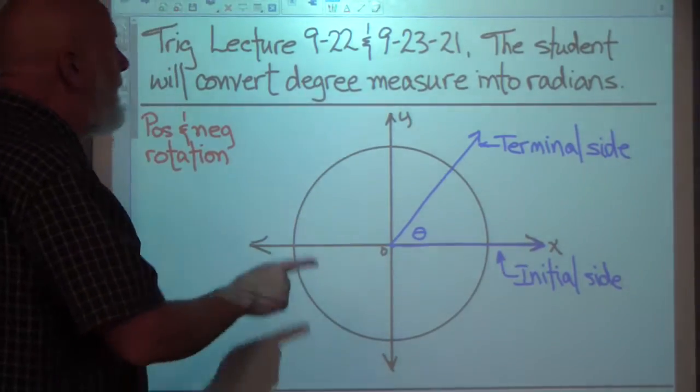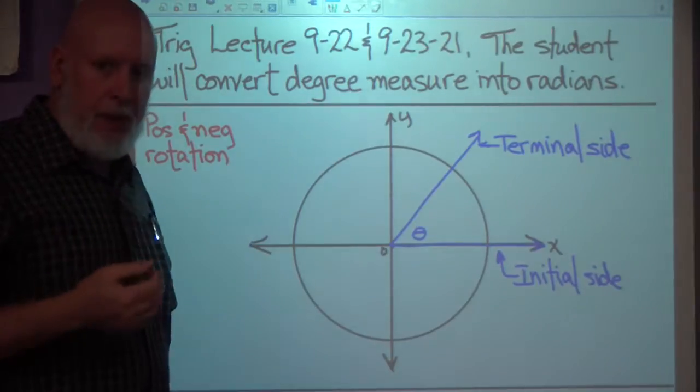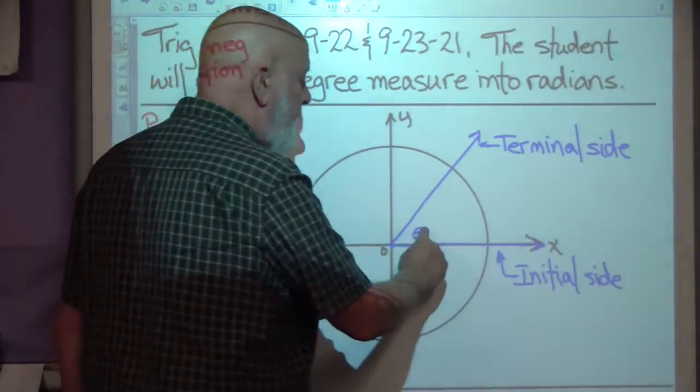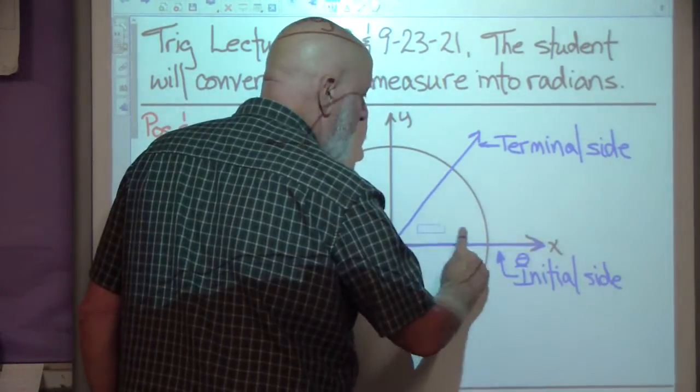But what I want to talk about today is radians. We're going to get out of degree measurement and into radians. In trig, you'll find that radians are very, very helpful. And so I want to define a radian for you. A radian